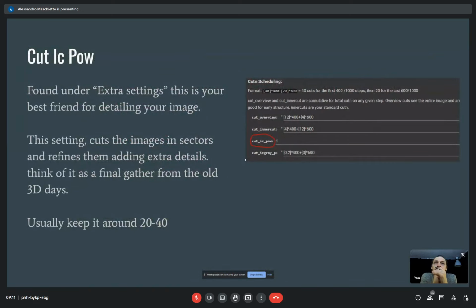This is kind of RAM intensive. When you're using this software, you will get a warning that this is using a lot of RAM. And the lower the settings, the more images you can spit out. Usually, you get around 10. The higher, the fewer images you can get, unless you are paying for Pro. I usually keep it around 20 or 40.